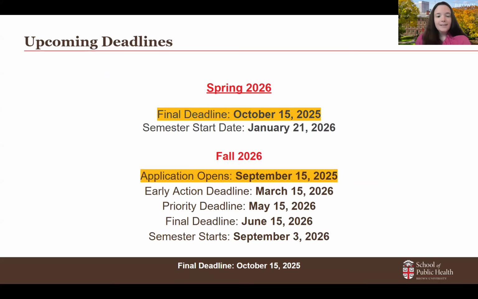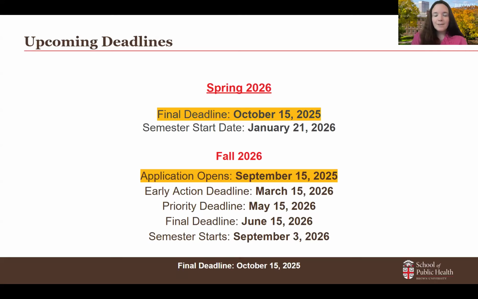So some of our upcoming deadlines, I saw in the chat, someone asked about the October 15th deadline. That is our final deadline for the spring 2026 cohort. The spring 2026 semester starts on January 21st of 2026. The spring application is a great time to get started in the program. We are also offering for our spring 26 applicants, anyone who's accepted, a 20% Dean's Award for your scholarship. So a minimum amount of scholarship that you can get is 20% for our spring 2026 semester. So make sure you get your applications in.